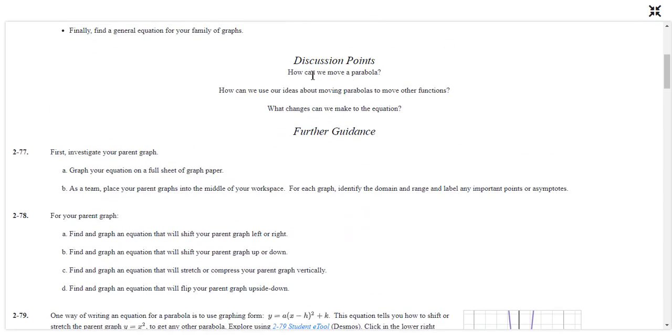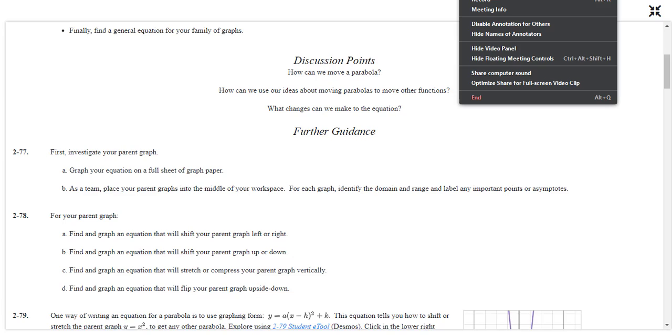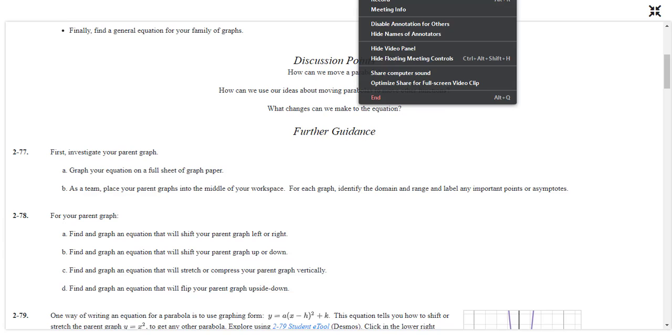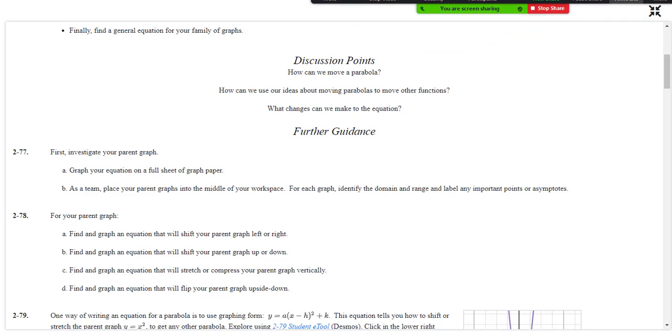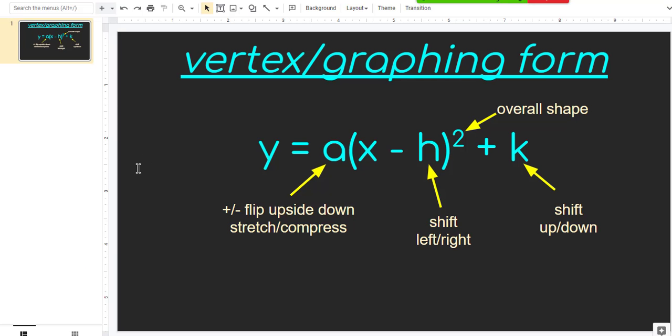So we need to talk about our parabolas, because we've been talking about parabolas. So when it came to our vertex form and our parabolas, this was that vertex / graphing form, and we did some investigation on this to try and figure out how everything moves around,